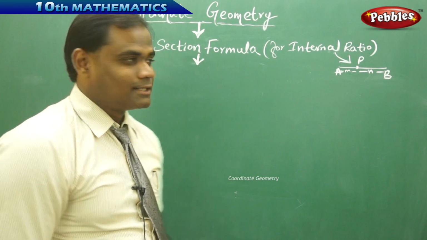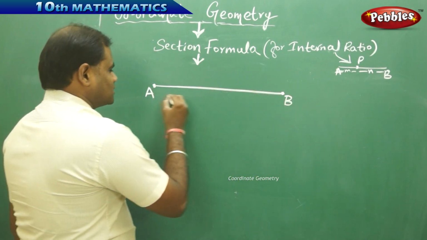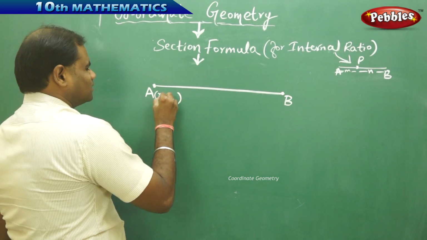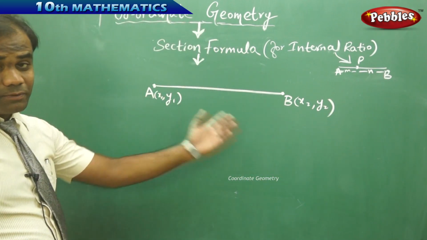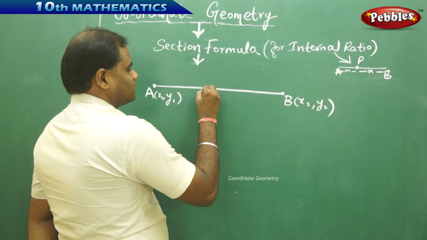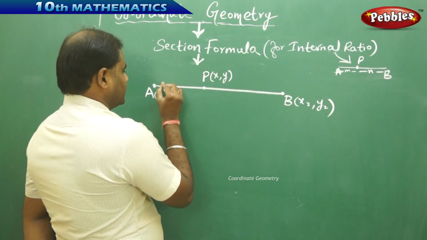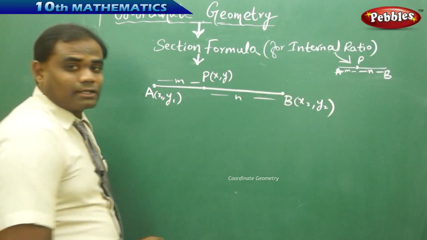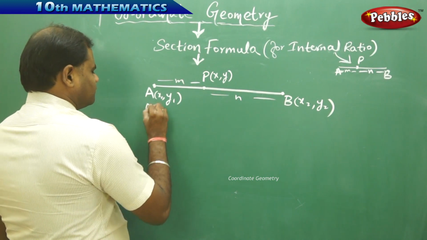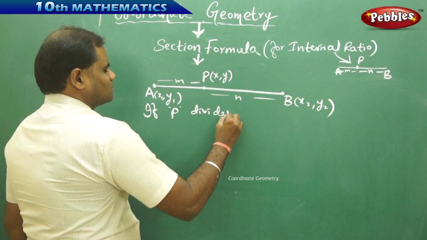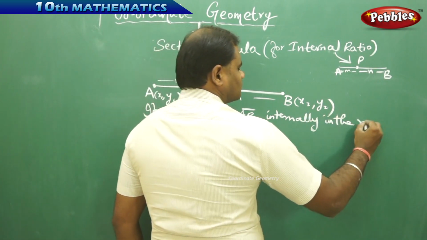Therefore, we conclude that if there is a straight line joining the points A and B, with the coordinates of A being x1, y1 and the coordinates of B being x2, y2, then the point P, which divides AB internally in the ratio m is to n, is given as follows. If P divides AB internally in the ratio